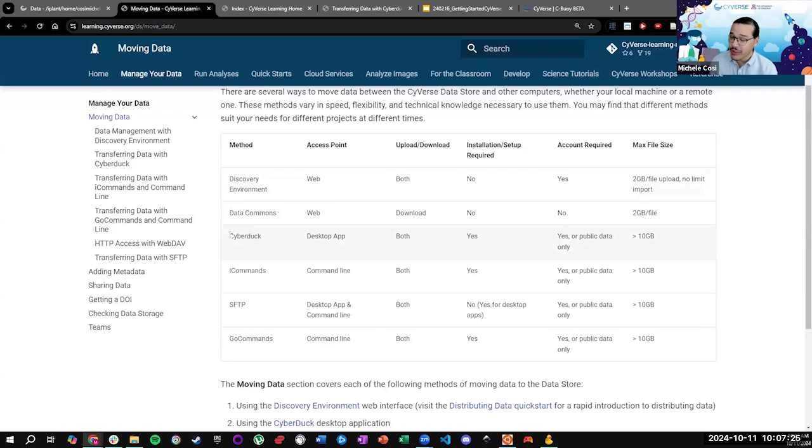You can also use a little tool called Cyberduck. This comes as a desktop app, and it's really important for me to point out that because it's a desktop app, you can use it with the Mac computers or the Windows computers. I'm using a Windows computer for this webinar today, and I'm going to show you in just a bit how Cyberduck works. Cyberduck is great because it's not only a way to move data from your computer to CyVerse and